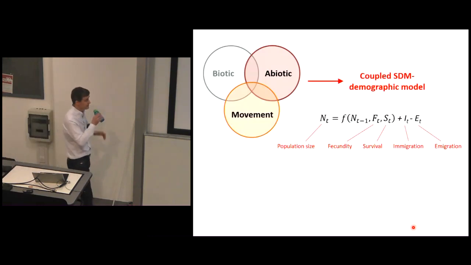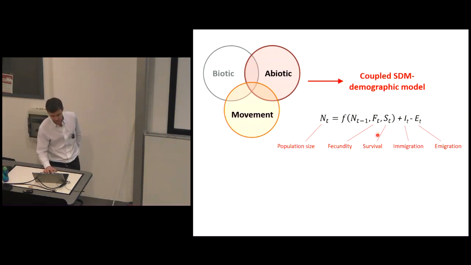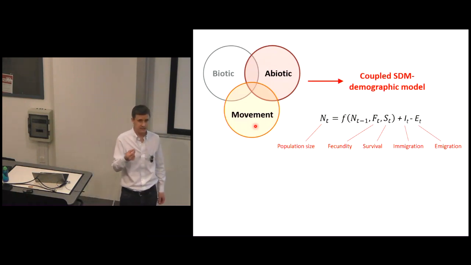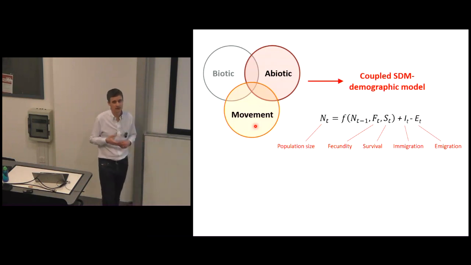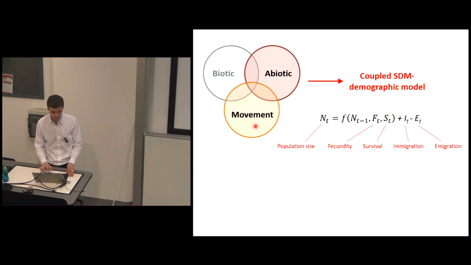So how do we do this? Again, just very briefly looking at the methods. Coming back to my conceptualization of what the different factors are here, we've looked at the abiotic environment. What we at least need to do now is bring in movement. We really need to bring in movement because the extinction risk of a species is clearly going to be very much dependent on its ability to track suitable conditions as the climate changes. So we need to incorporate movement.